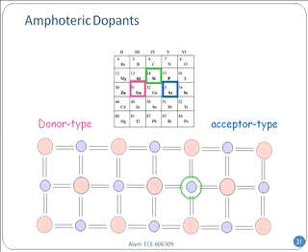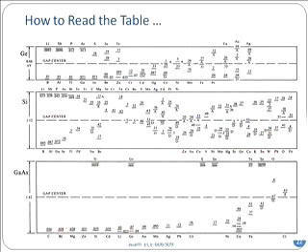So these types of dopants are called amphoteric dopants, and controlling this, I'm sure many of you will have research projects where controlling this will be a part of your thesis, right? So it's a very important topic, the thermodynamics of it and how this goes, but that will be covered in a different course and different time. But remember this definition. Now, I want you to be able to read this table, because this is something you will be using in the next homework.